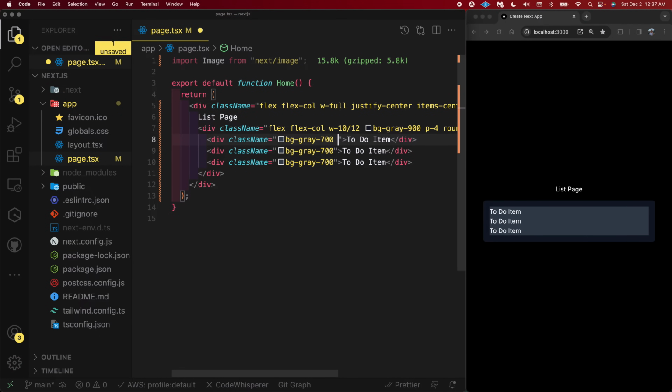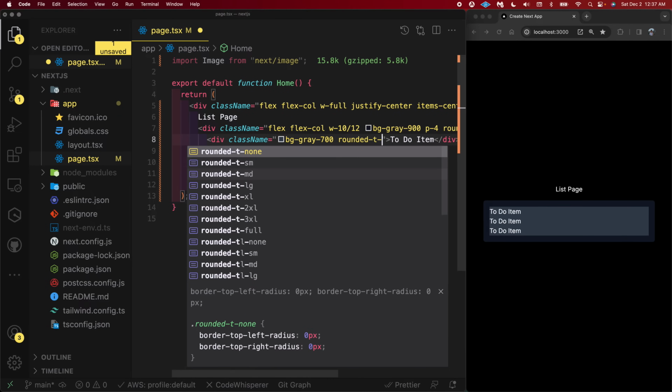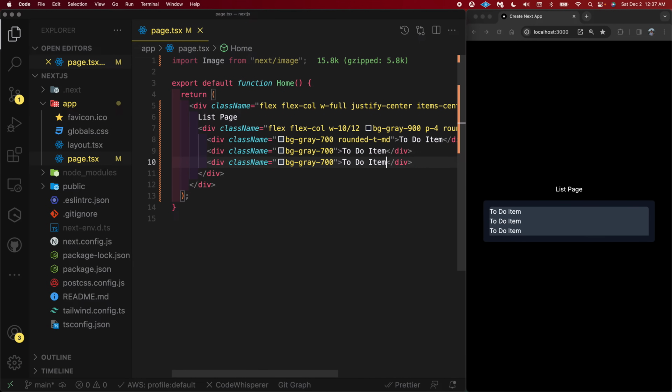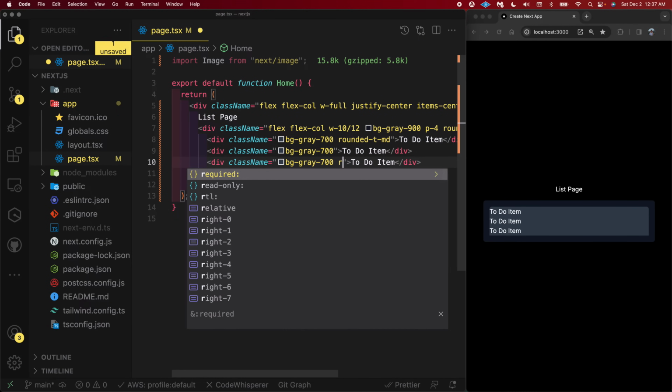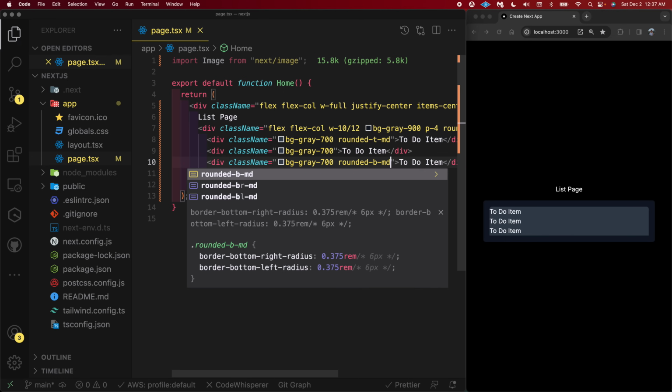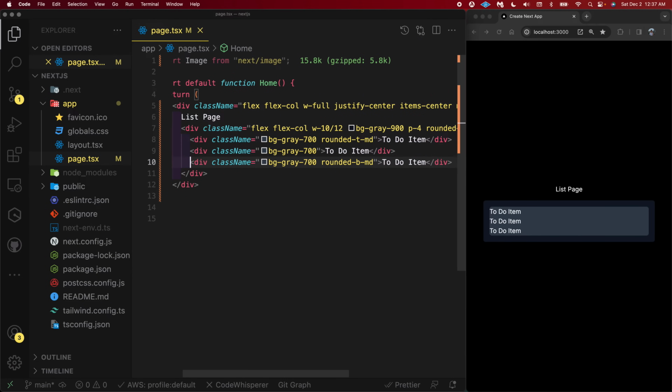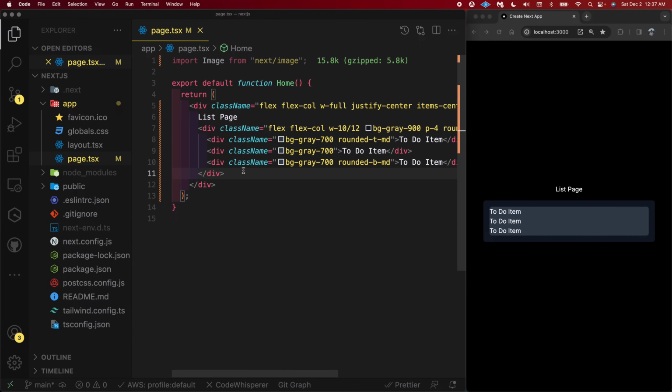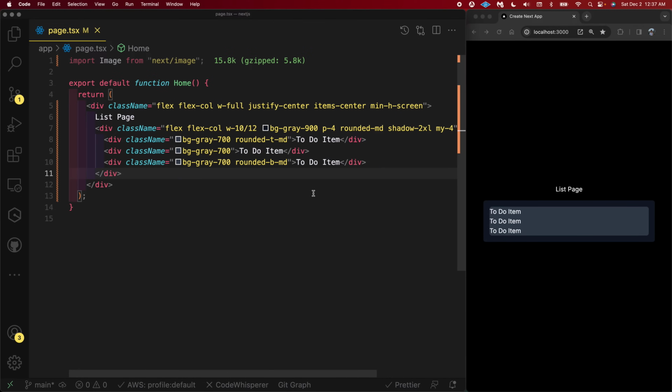But the thing is we would need to round the top one, right? And then we would need to round the bottom one. So I'm going to show you guys how to do that in a list in a moment here. But we need to keep track of that with the data. So let's do a thing real quick where we're going to now start to integrate TypeScript and make this a